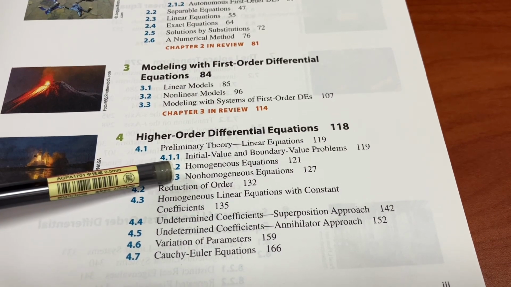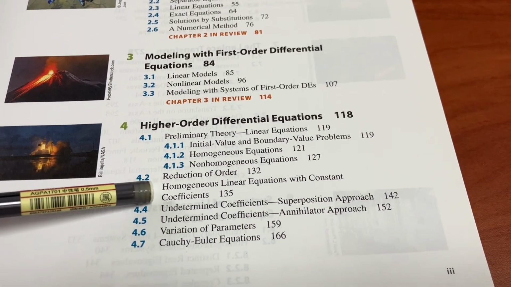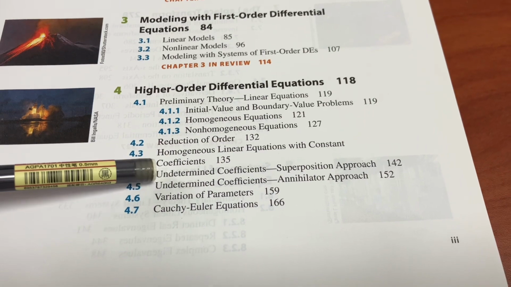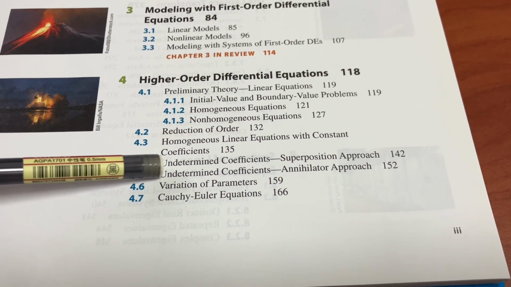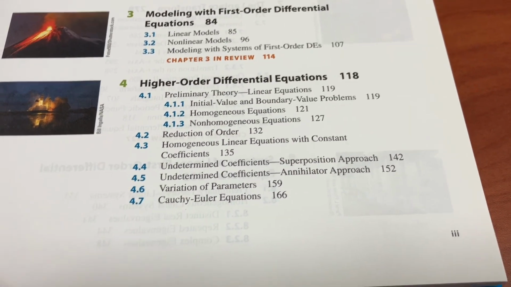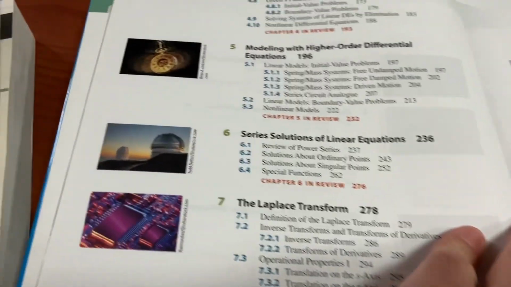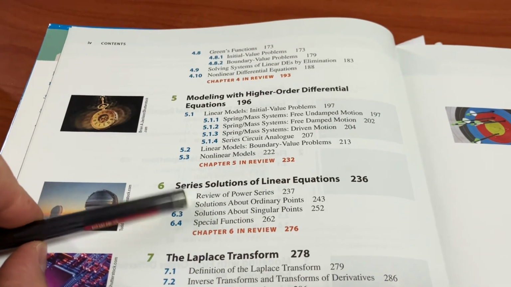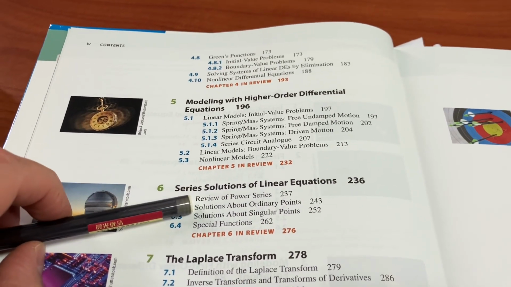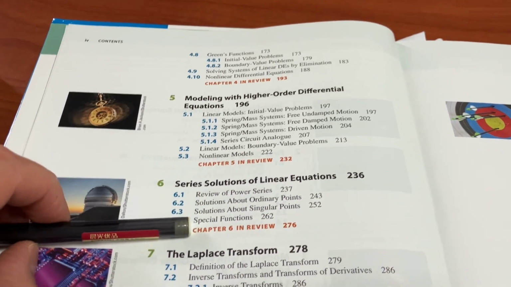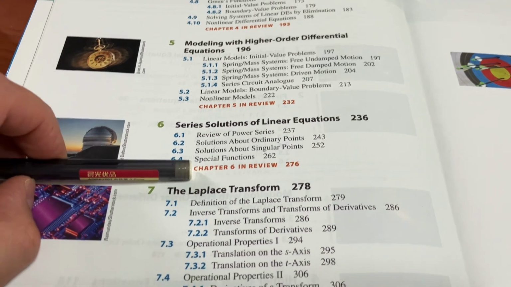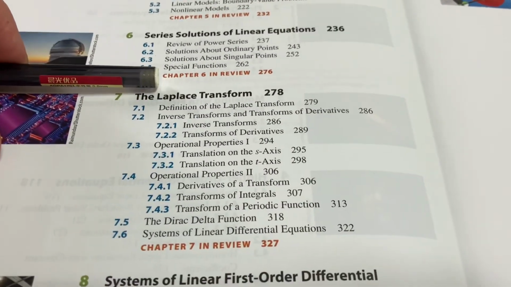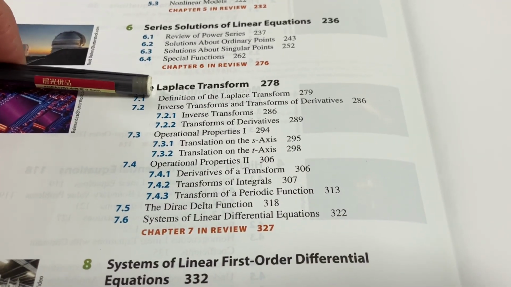Initial value and boundary value problems, homogeneous equations, linear equations with constant coefficients. I covered all of this stuff actually in this semester. I skipped modeling actually. So I move on to chapter 6 on series solutions via the Frobenius approach,